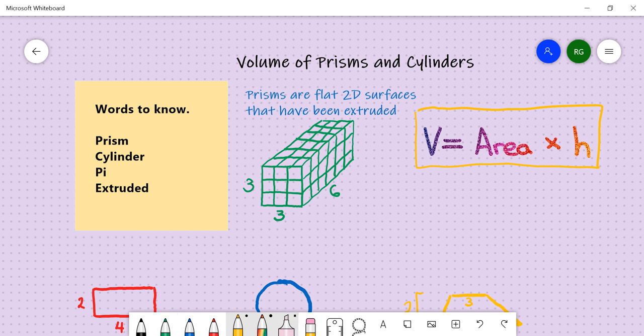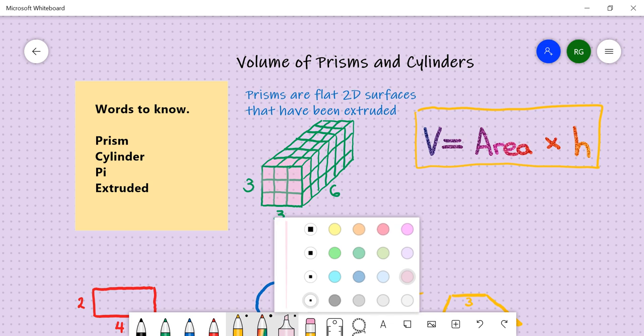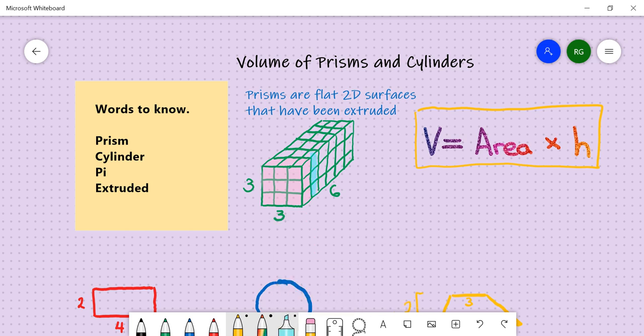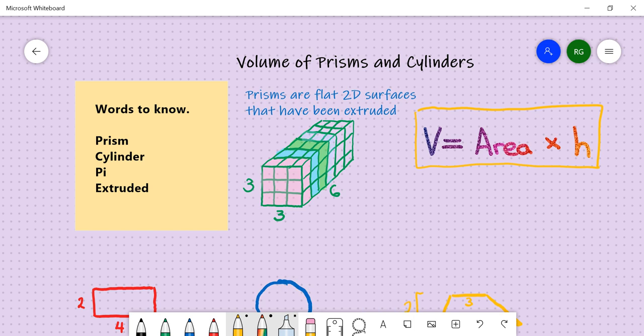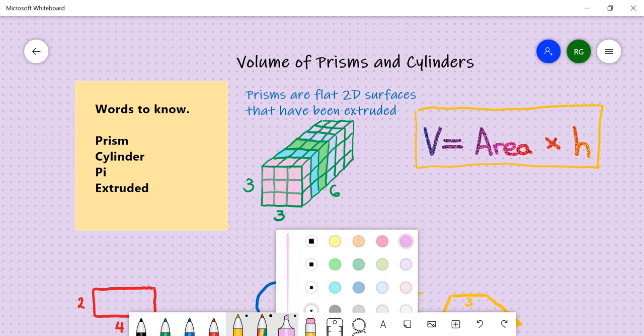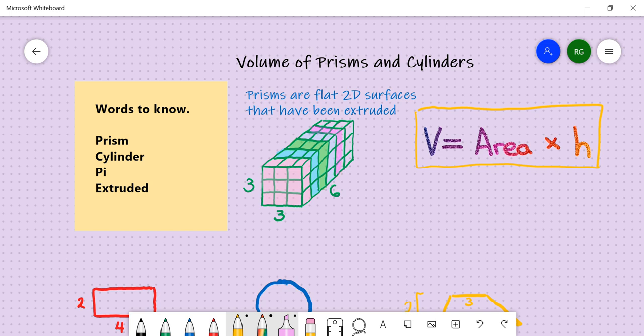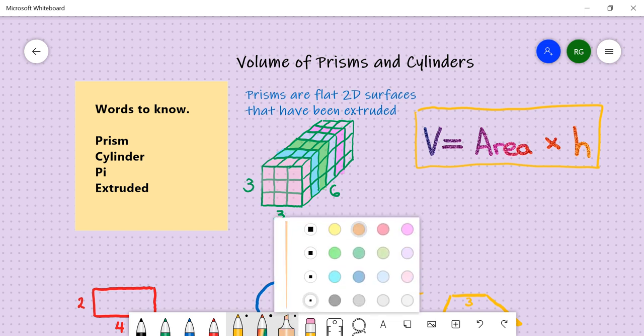Now what we've got are a whole heap, if I colour them in, groups of 9 cubes. Now remember that the area of the first row was 9 centimeters squared. Now you might start getting the idea of what I'm drawing here, but I'm colouring in sets of 9 little cubes. How many in total do I have? Well, I've got 6 lots of these 9 cubes